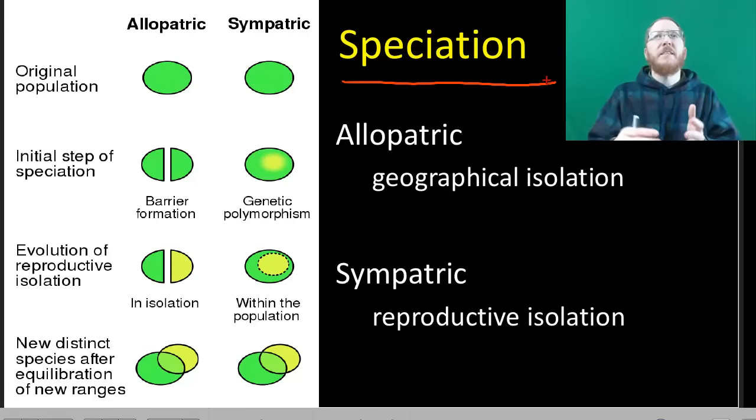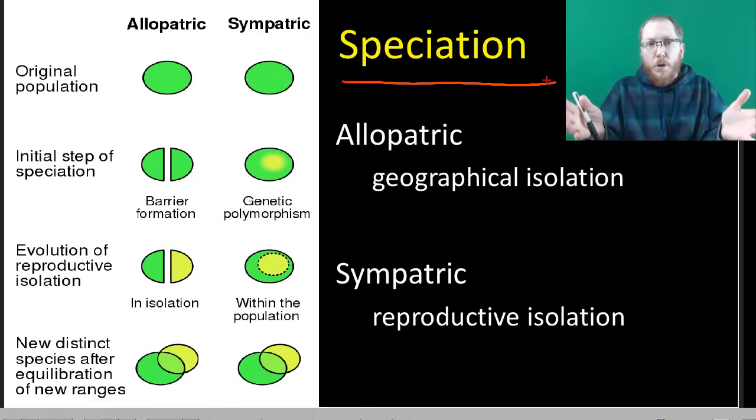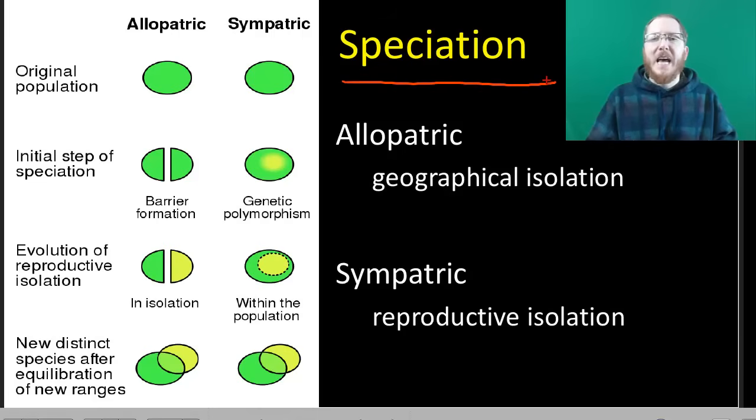It could be that there is a fault. It could be that there's a river. Something separates these two populations, a road, a fence, and so they cannot intermingle because they're geographically, physically kept separate. And so that allows for reproductive isolation. So each group, each population can now evolve in its own direction, so we can get this divergence.